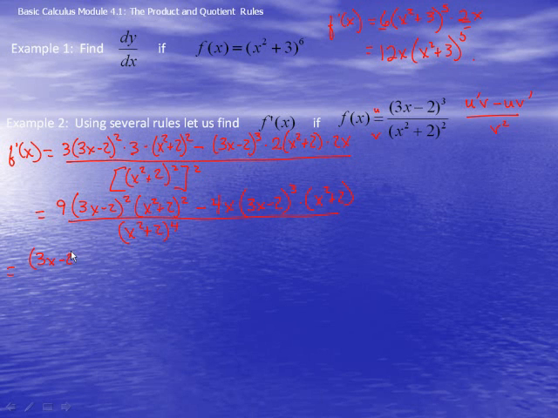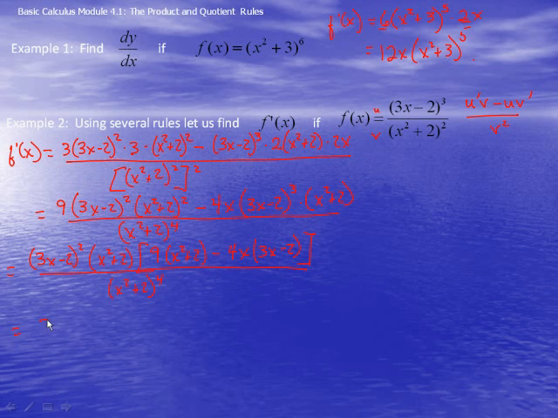3x minus 2 squared times x squared plus 2 times, and then we're going to put back everything that's left, so the 9's left, and we've got 1 x squared plus 2 left, minus, we have a 4x. Notice that we should have a 3x minus 2 left, and the x squared plus 2 is gone because we took it out. All over x squared plus 2 to the fourth power. Okay, that'll be equal to,